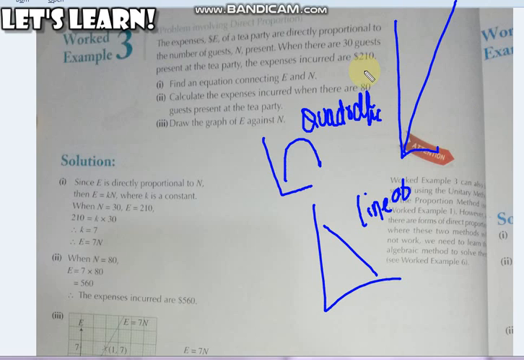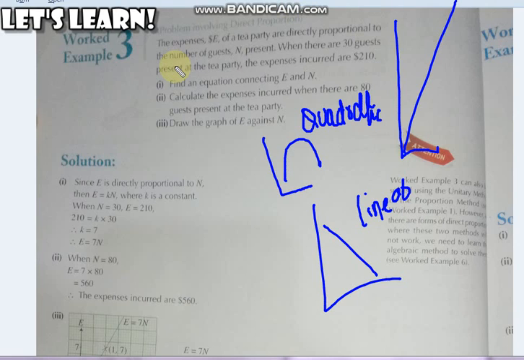So keep in mind that data which we get after doing direct proportion calculation, when we use the data to plot the graph, we get a graph that is a linear graph, because in linear graphs we deal with graphs which are straight line graphs. Either they go straight up or they come straight down. So let's start with the question over here. Let's look at how to solve the question down.